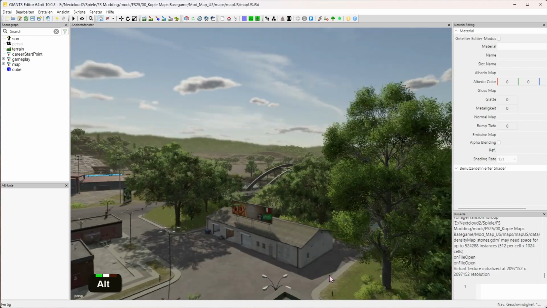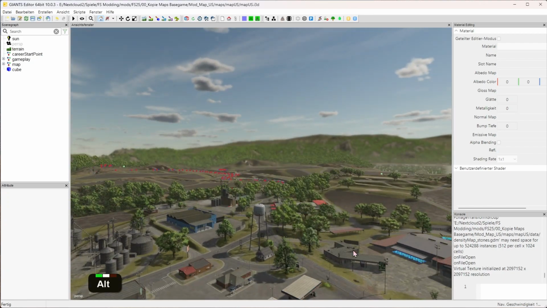I will start from scratch for the beginners, so we will cover the Giants editor and Blender, moving around, setting up your workspace, and creating your first mod. Even if you are not a beginner, you might still learn some new tips and tricks along the way. For example, how to use the Giants i3D exporter the right way, because if you look at other YouTube videos,